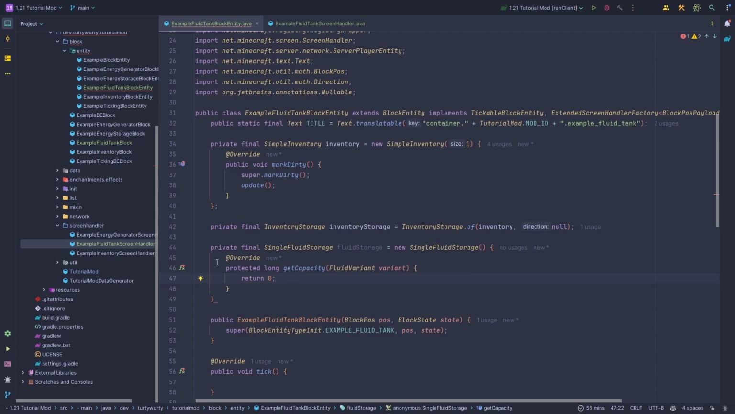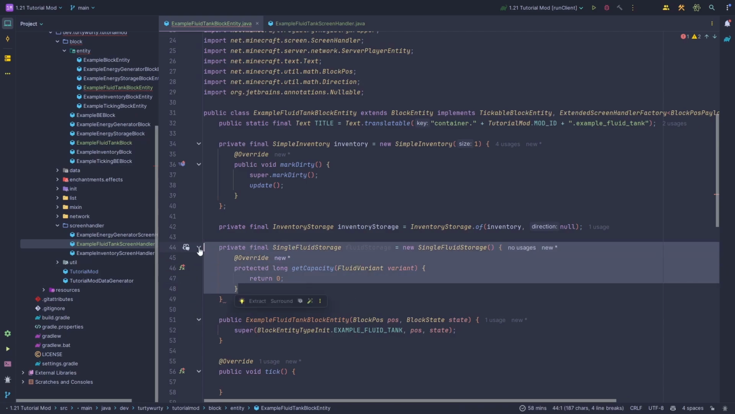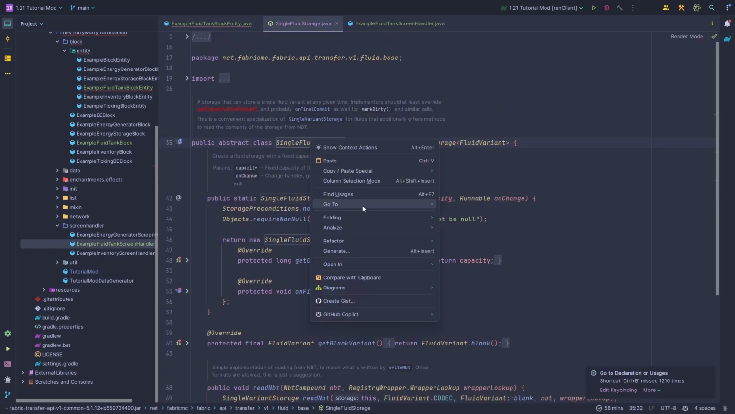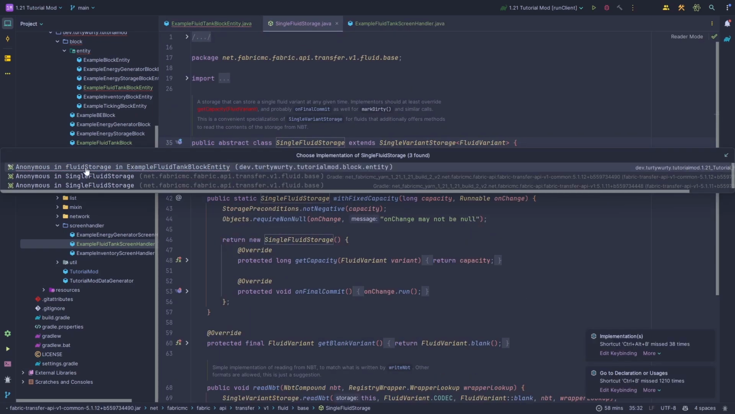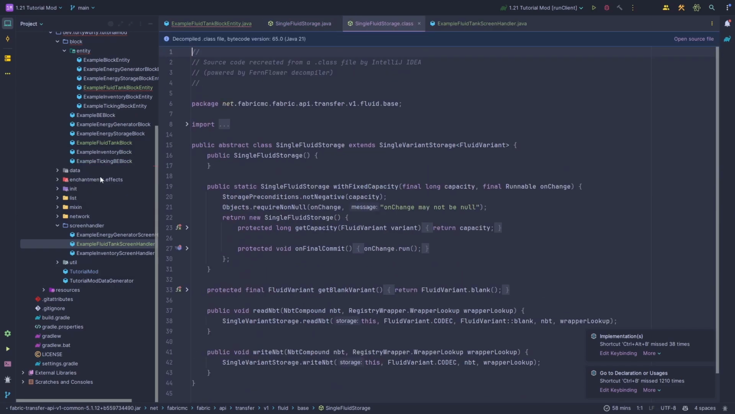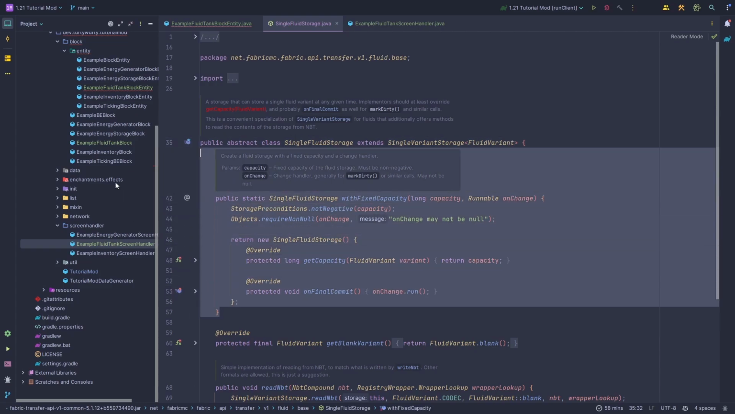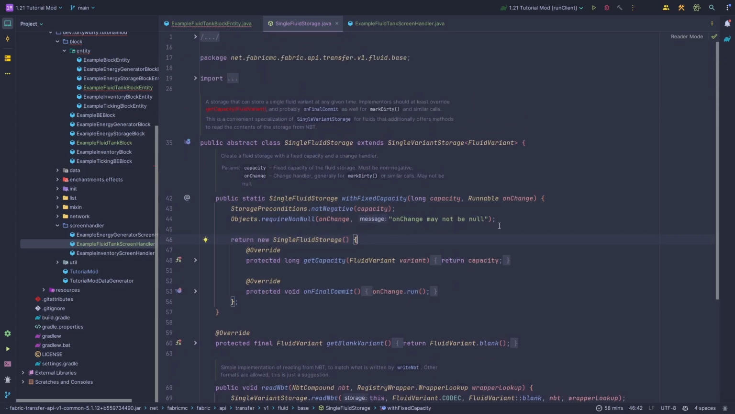Now you will see here that this tries to override the getCapacity method, and that's because there isn't really an implementation of this SingleFluidStorage. So if you go to implementations, you see the only implementations are just anonymous implementations, and these are used for vanilla as far as I remember correctly. So we don't really want to do that, and we could actually use this. We could use this withFixedCapacity one. In fact, that would be perfectly fine for our circumstances,